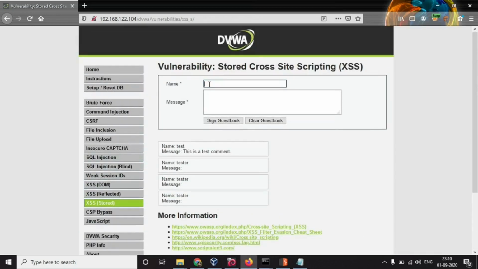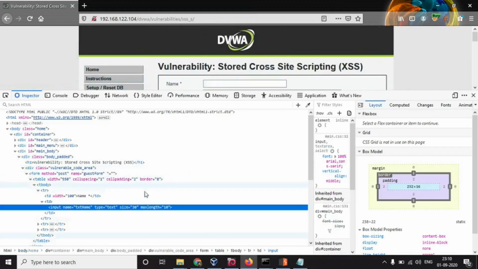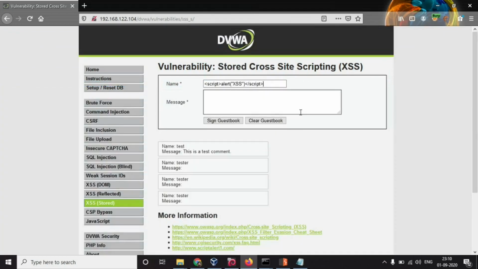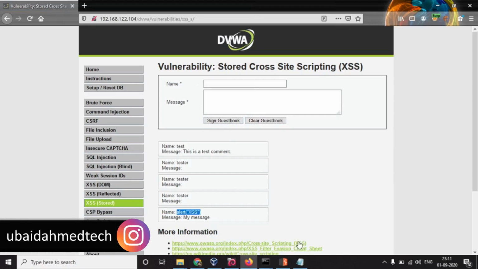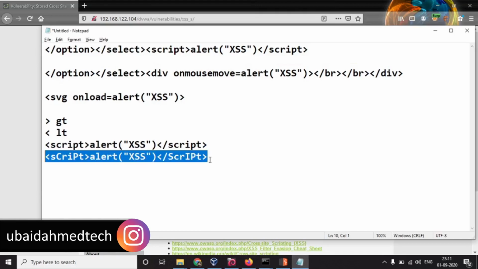Let me see if we have some character limit over here. Okay, we do have. Let's increase it to 100. Paste it. See, the script tag was simply removed. Now I will provide this one.